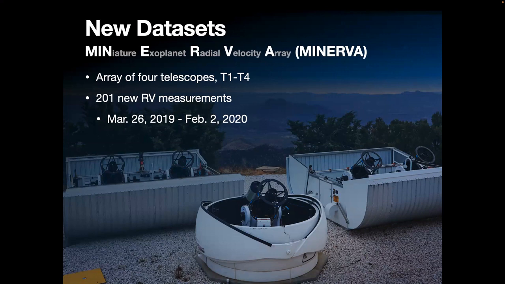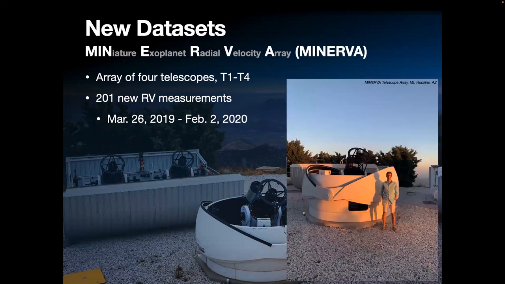And as I was putting this together, I actually happened to realize that I was on Mount Hopkins at Minerva, kind of serendipitously, during the early collection of these radial velocities. So maybe it was destiny calling for me to be there, so that one day I could be the one to come back and solve this long-standing disagreement between the two publications. So that's me in front of the telescopes. I did not collect any of those radial velocity measurements, and it's a good thing because I probably would have messed it up. But this is a robotic array too,